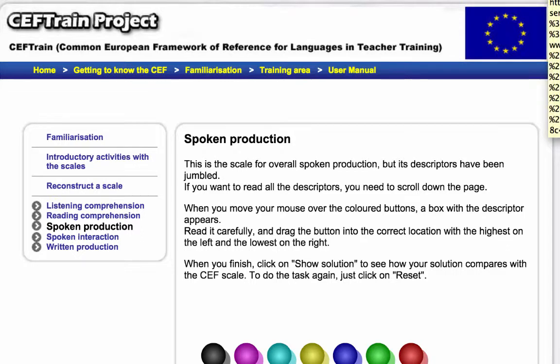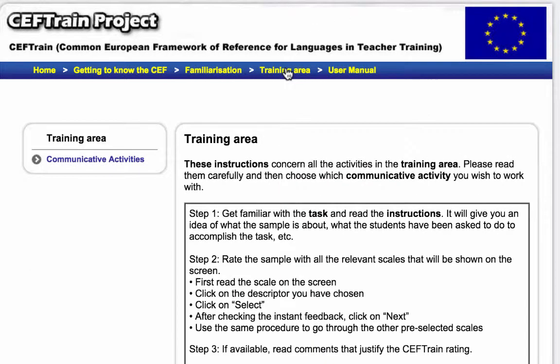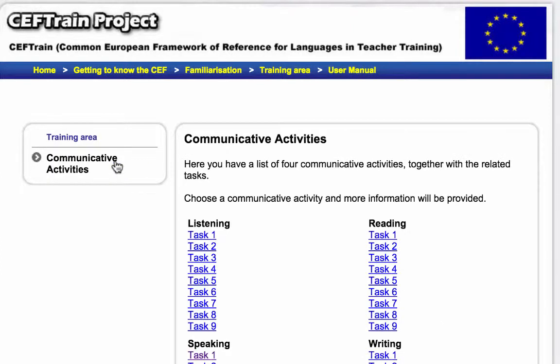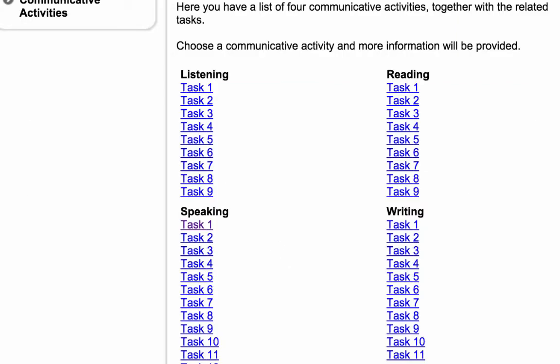Another area which you may find interesting is the so-called training area. Here you find different tasks to rate language tasks and actual learner productions against the CEFR. Again, you have different communicative activities. For example, let's stay with the speaking. In this area,